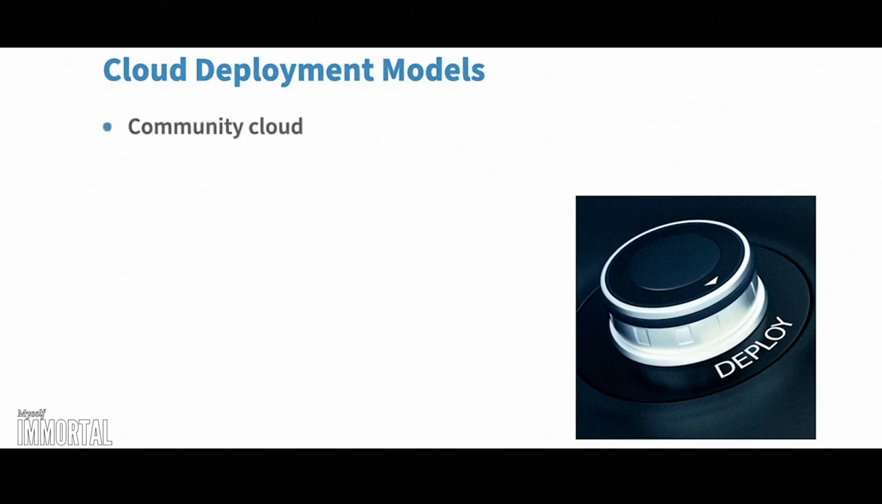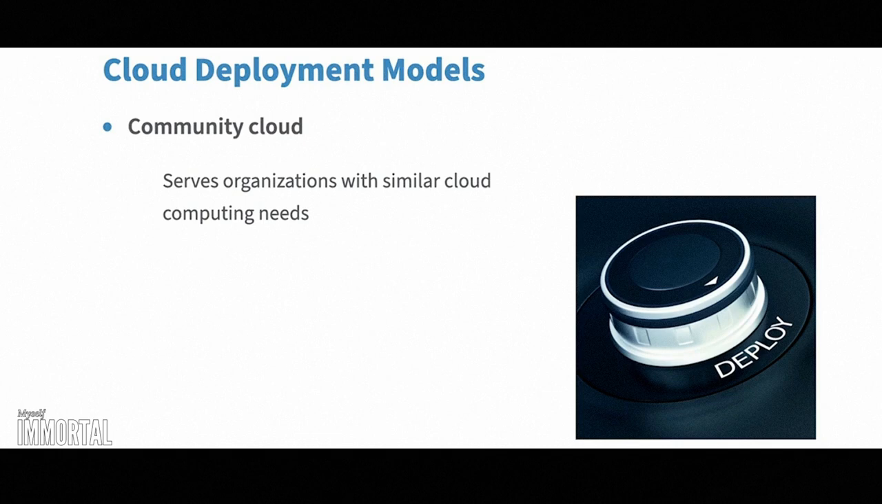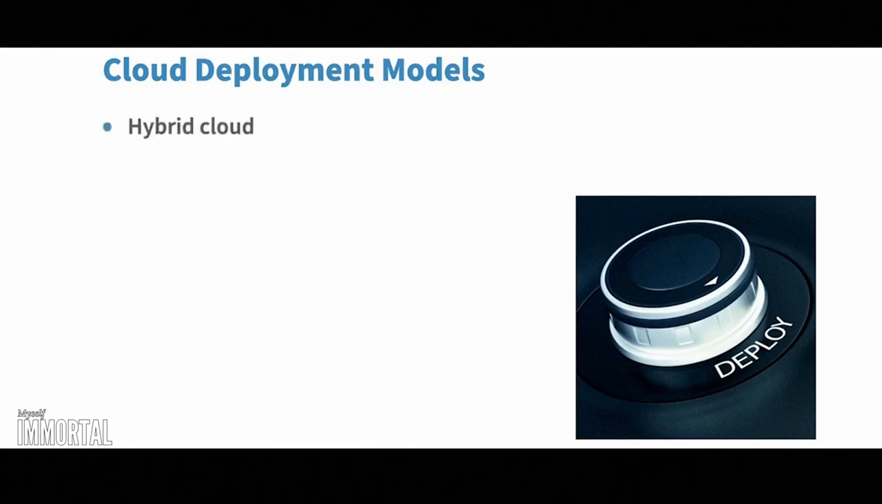A community cloud is designed to serve organizations that have similar cloud computing needs, perhaps for an industry like the medical industry or at the government department level. An example of which would be the Microsoft Azure for Government Cloud, which meets security standards required by U.S. government agencies. Continuing, there are other cloud deployment models, including a hybrid cloud, which combines various clouds, for example, public